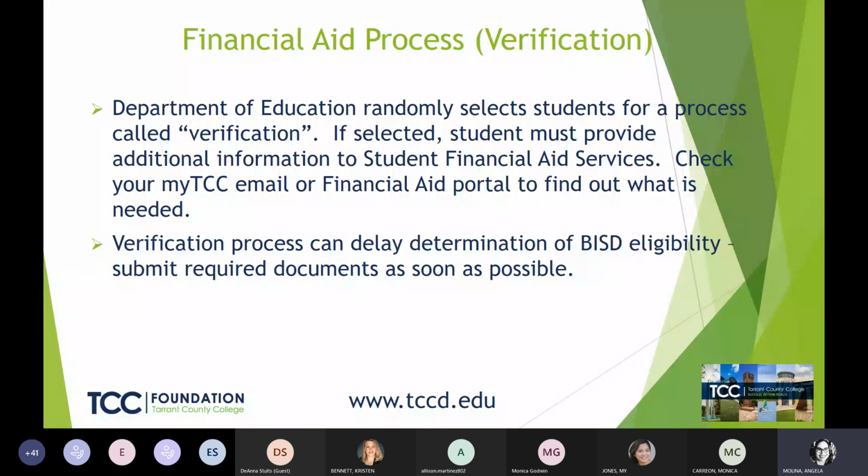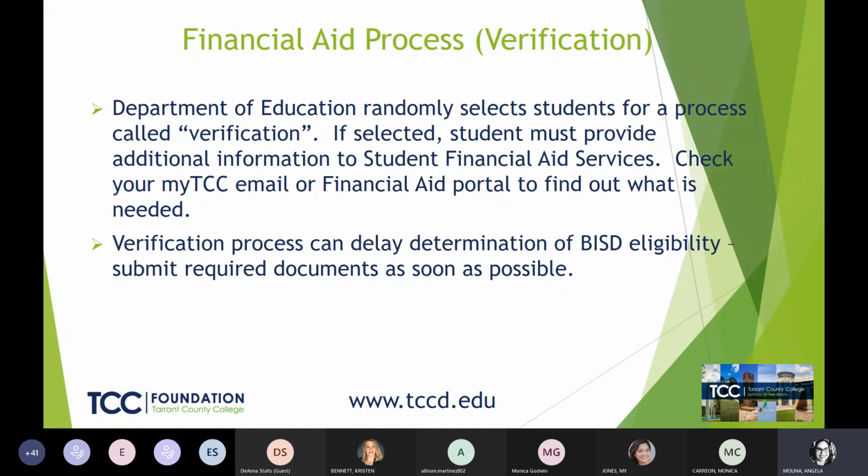It can be as simple as a verification worksheet that you do online, or it can be a little more complicated if you have to request a tax return transcript or some kind of income verification from the IRS. So you definitely want to check your My TCC email often, because that is the source, like Monica said, that we use to communicate with our students, or your financial aid portal to find out what's needed.